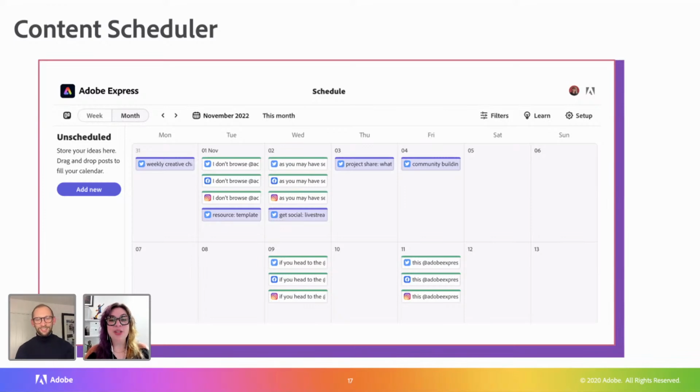But Content Scheduler, if you have not heard of it or checked it out, is one of my favorite Adobe Express features because you can schedule to social directly from Adobe Express or from your machine. So you can make a project and then just put it out on Twitter, Instagram, LinkedIn, Pinterest, or Facebook. And we have other ones coming soon. Or if you have photos or other things that aren't through Adobe Express, you can just upload them.